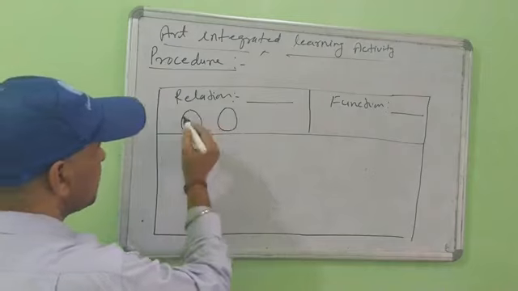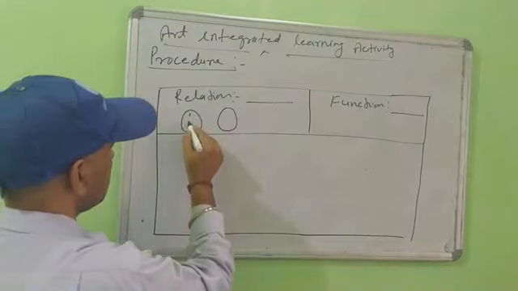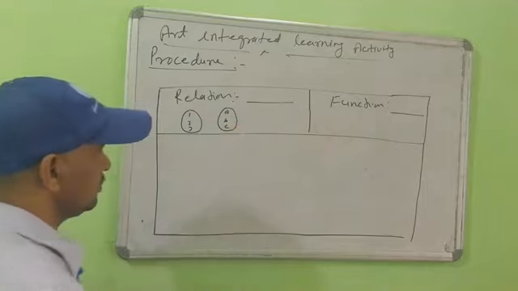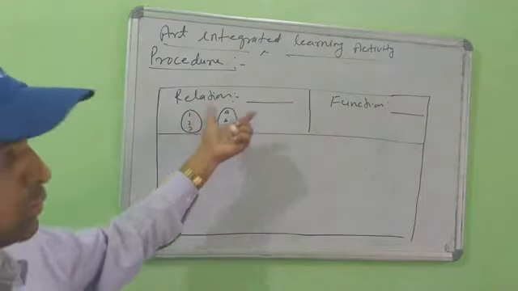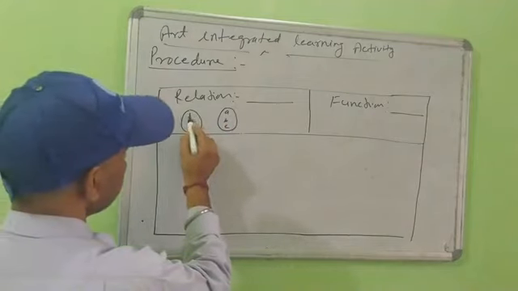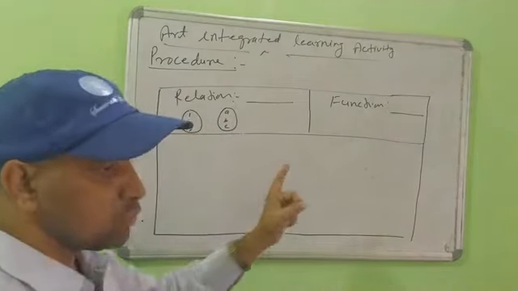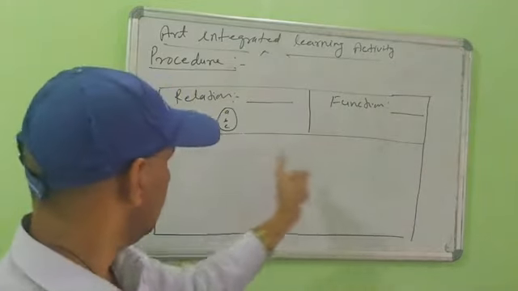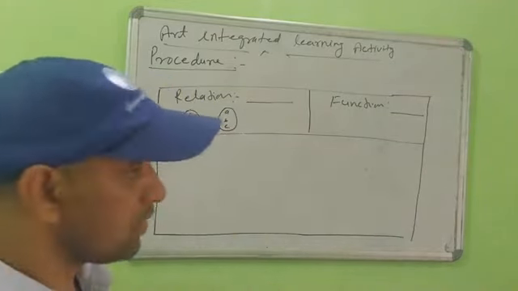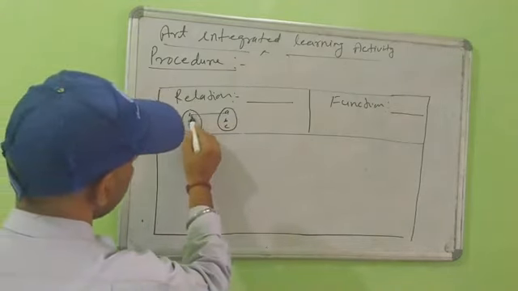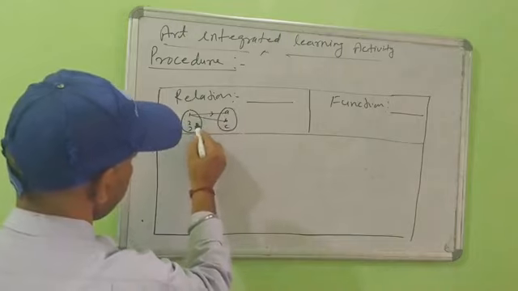In this relation, suppose you make 1, 2, 3 here and A, B, and C here. You give one example, or two examples, it does not matter, but give at least one. For the relation example, you can connect them with thread, otherwise using a rubber band, otherwise you can use sticks also. So this is how to make a relation in a colorful way. This is also called a relation, in arrow form.